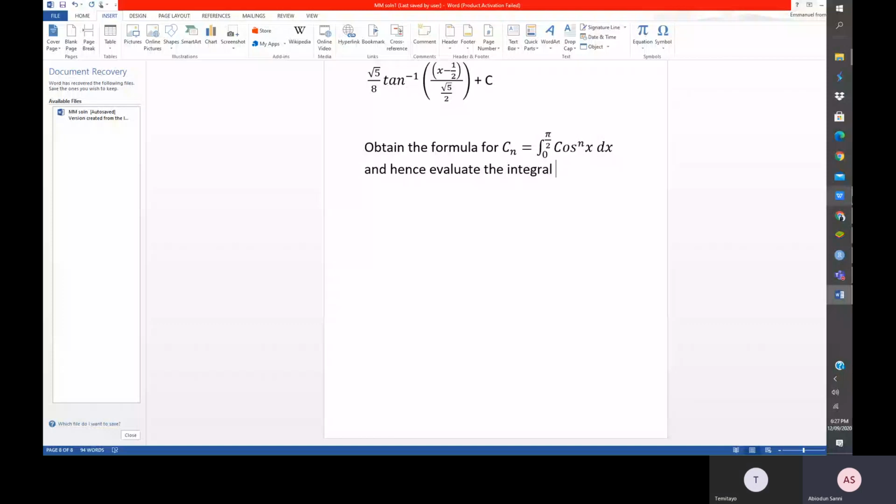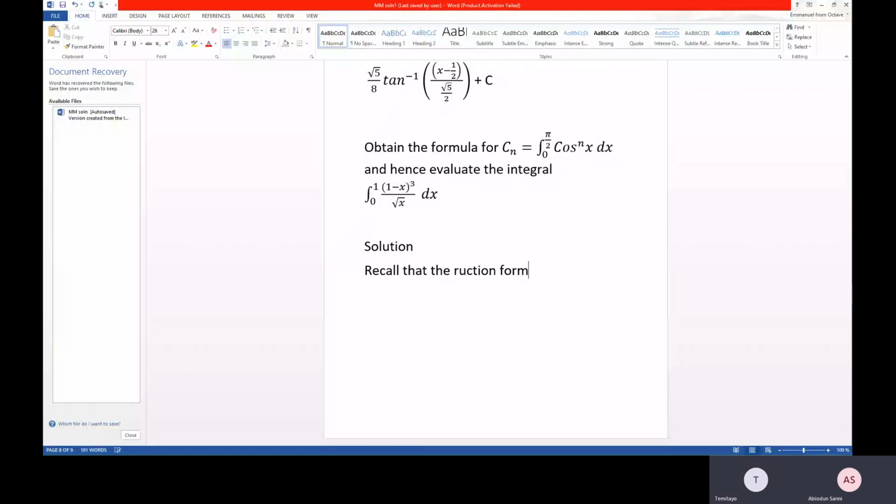I'm just going to recall the reduction formula for C n, because I don't want to prove this again, since it's going to be stressful. So it is equal to